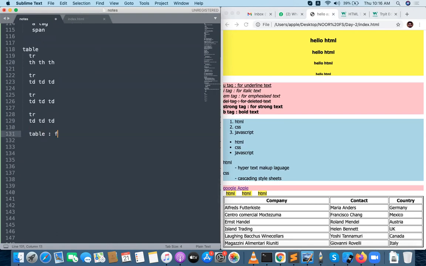Table to create a table tag. Tr for table row. Th for table header. And an important note is that the header will be in bold and aligned center.